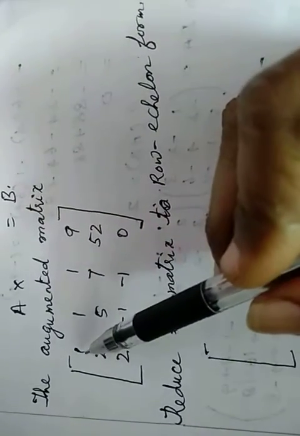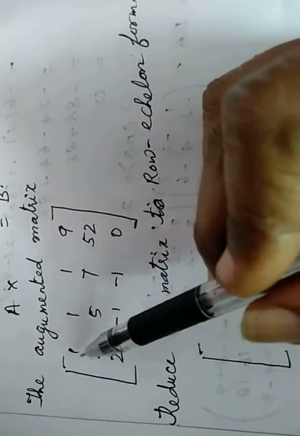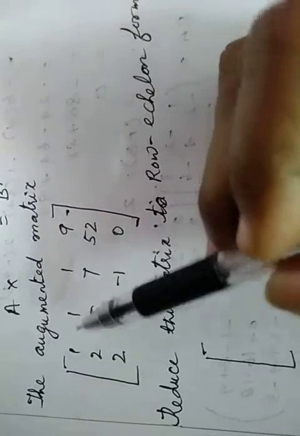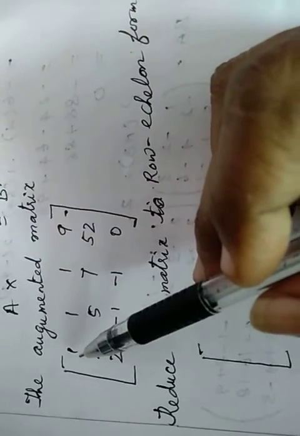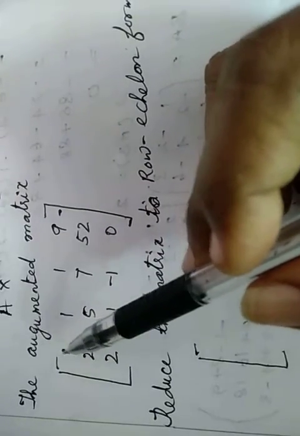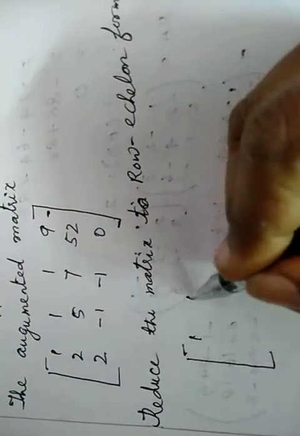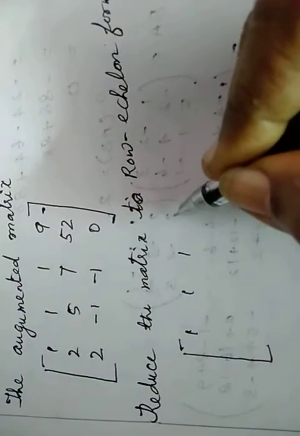I repeat again. Leave the first row. Find out the first non-zero element in the first row. Non-zero means apart from 0, any number. So this one is the first non-zero element in row 1. So below this, two elements are there. We have to make these two elements 0. First row can be written as such: 1 1 1 9. In order to make this element a 0, think of the elimination method we have studied in 10th standard.